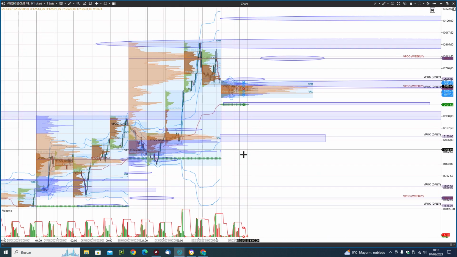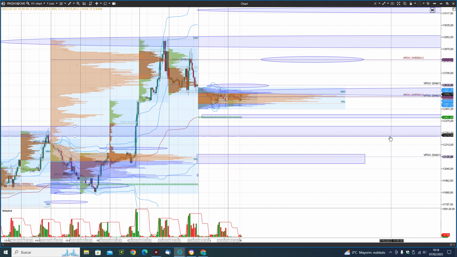Let's go with Nasdaq. Nasdaq is the same, very flat day yesterday. Here we have the upper target is the same, the higher target is 12,623 to fill this gap, and next point will be weekly naked VPOC 12,800. Talking about lower targets, the main would be this point, the final of weekly VWAP